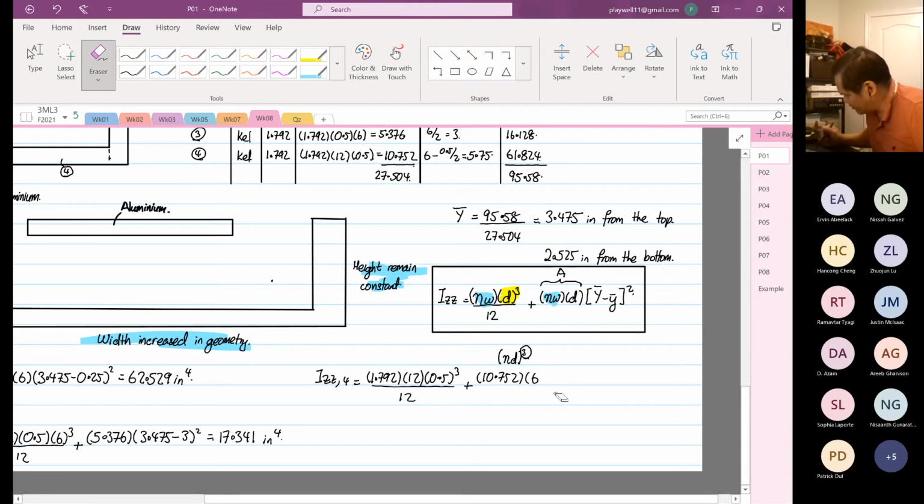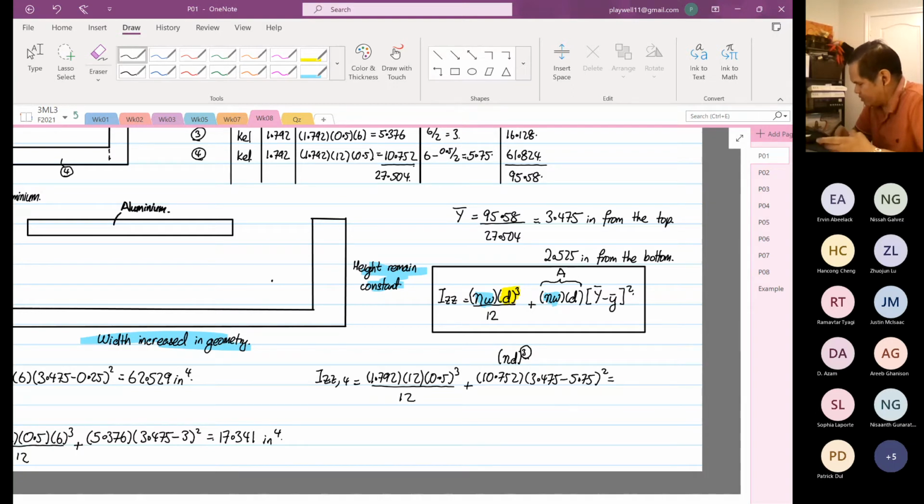No, 3.475 multiplied by 6 here, right? 3.475 minus 5.75, and the whole thing squared. Okay, so 1.792 times 12 times 0.5 power 3 divided by 12 plus 10.752 multiplied by (3.475 minus 5.75) squared,